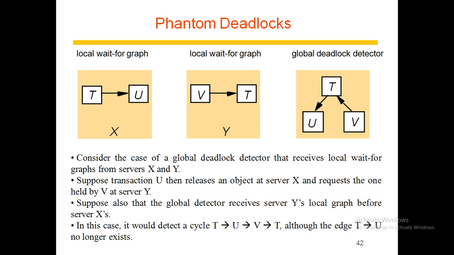will never be released. A phantom deadlock could be detected if a waiting transaction in a deadlock cycle aborts during the deadlock detection procedure. For example, if there is a cycle T waiting for U, U waiting for V, V waiting for T, and U aborts after information concerning U has been collected, then the cycle has been broken already and there is no deadlock.